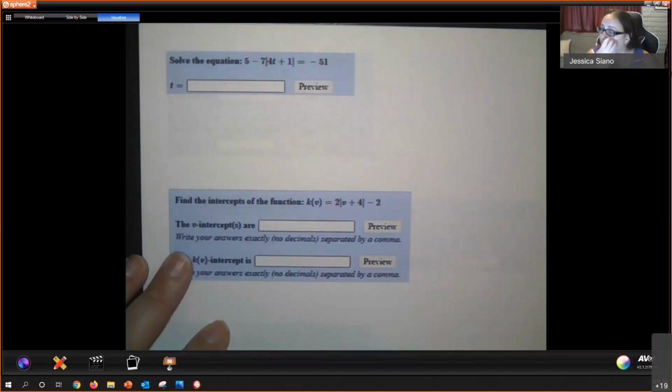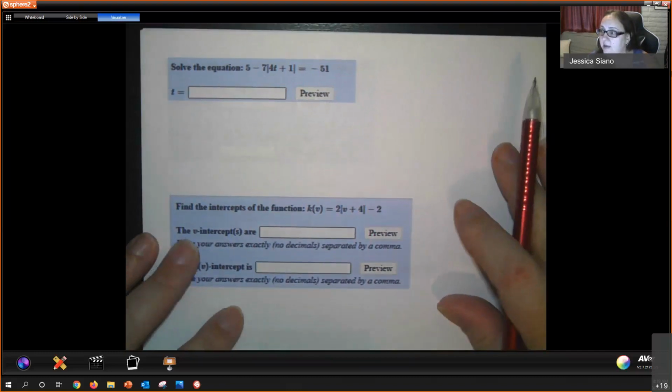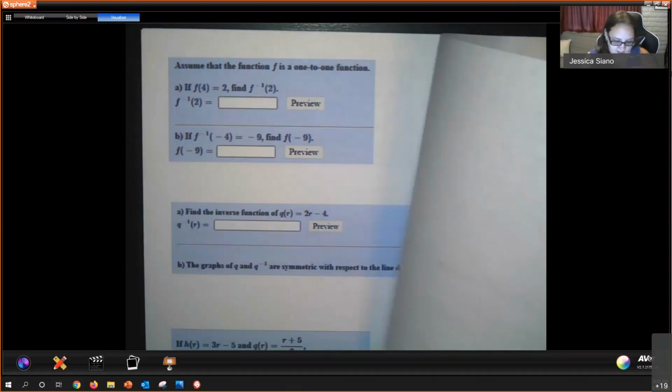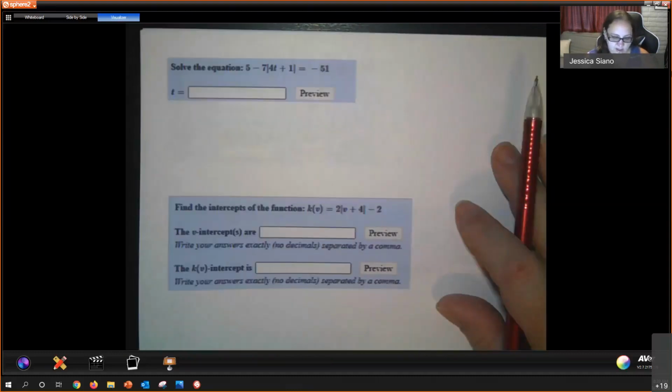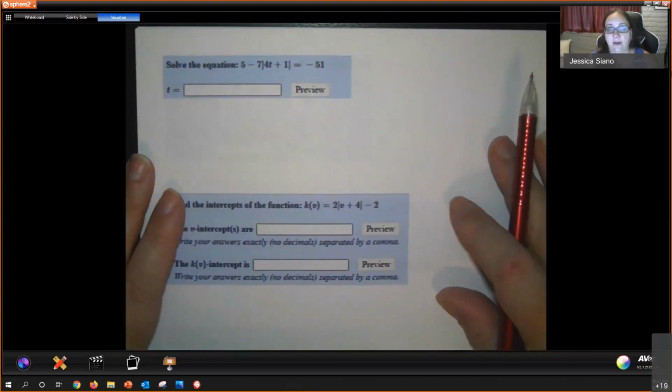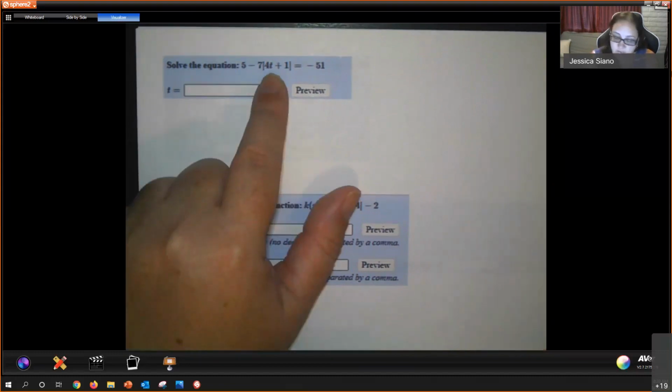So our last set of notes in Module 1 combines 1.6 and 1.7. We're going to be talking mostly about absolute value equations, and then a little bit about inverse and compound, or maybe equally about all three. We'll see. So keep in mind that for an absolute value equation,